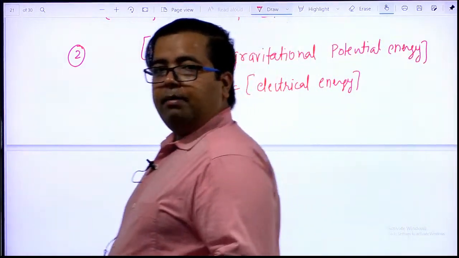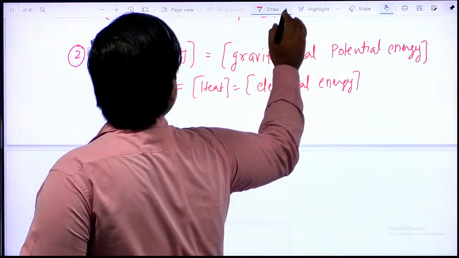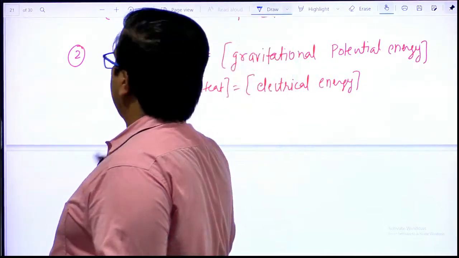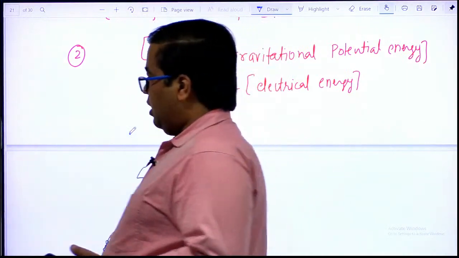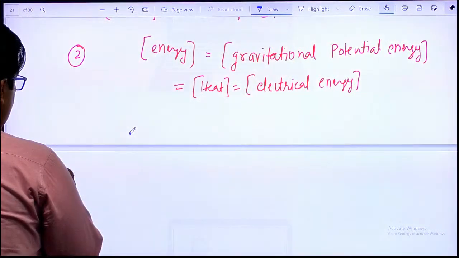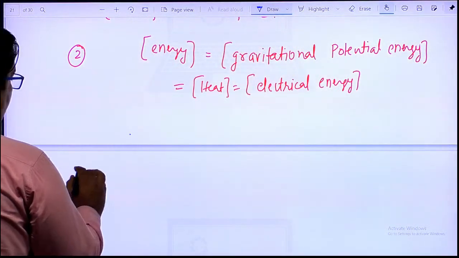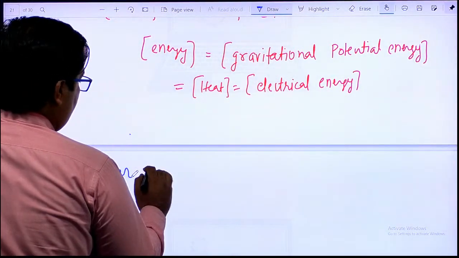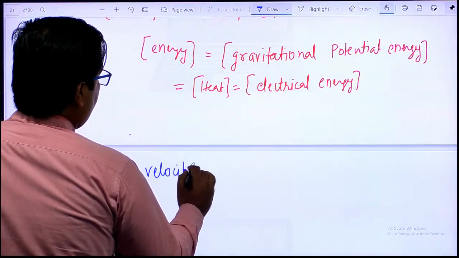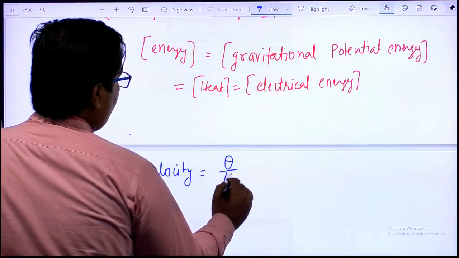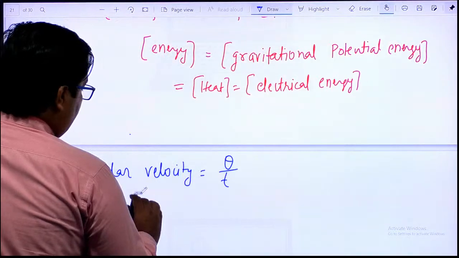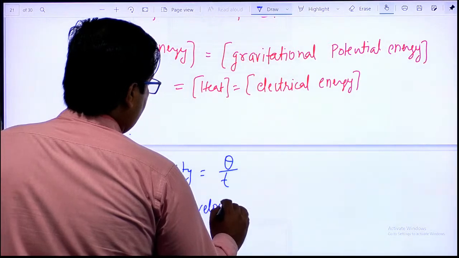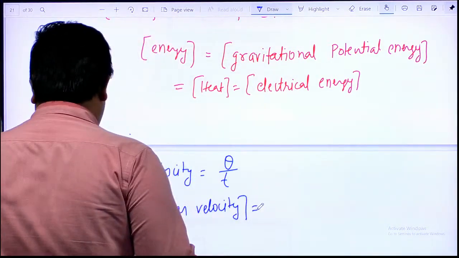The second point we have is angular displacement, or sorry, angular velocity. We have angular displacement earlier. So angular velocity has the formula theta by time, or angular displacement by time. So I can write the dimension of angular velocity is equal to,